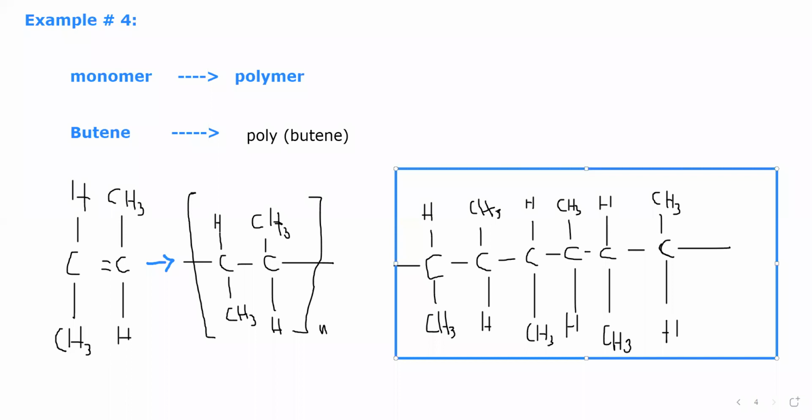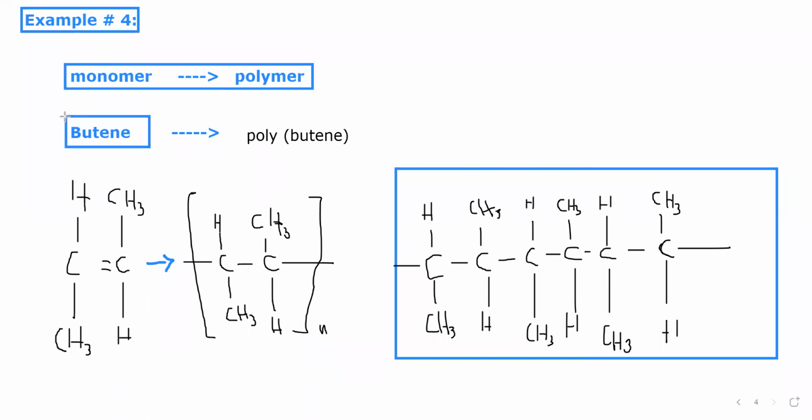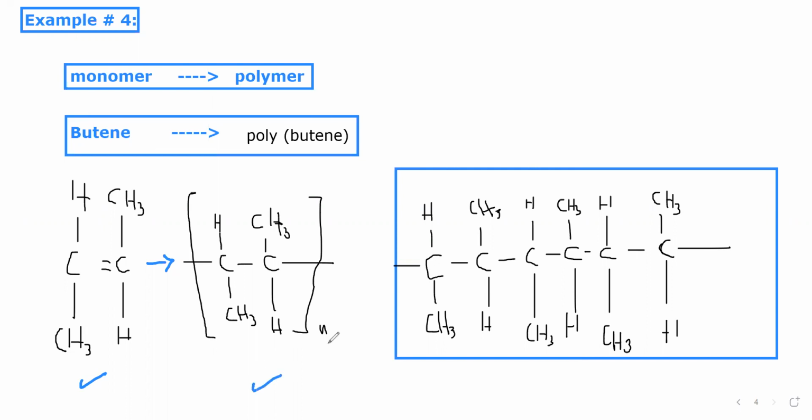Yes, so here in example number 4, what did we have? We had butene. The polymer is polybutene, and here this is the monomer. Here, this is the polymer with an infinite number. And here, this is the monomer, which has 3 repeating units: 1, 2, 3. Now, for the next examples, we will go the other way around. Like we have done the examples from monomer to polymer, now let's do the examples from